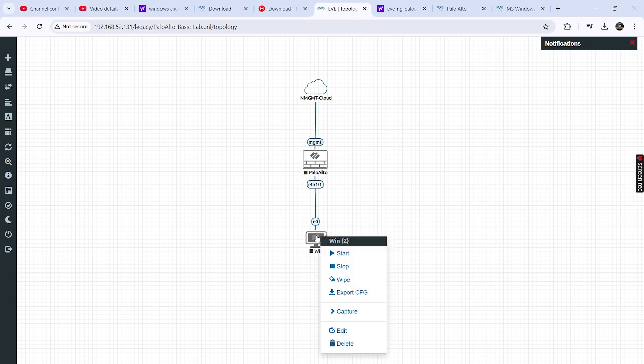Let's try with the Windows machine as well. I think there is a problem with my machine. But this is how you can build up a topology, and how you can turn on the Windows machines.